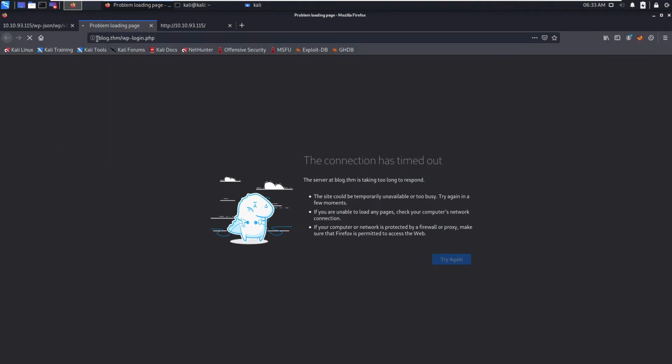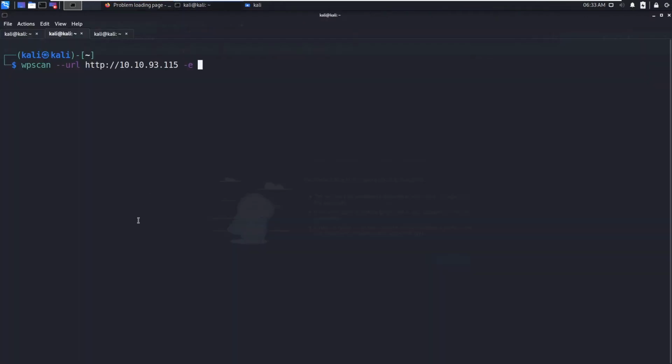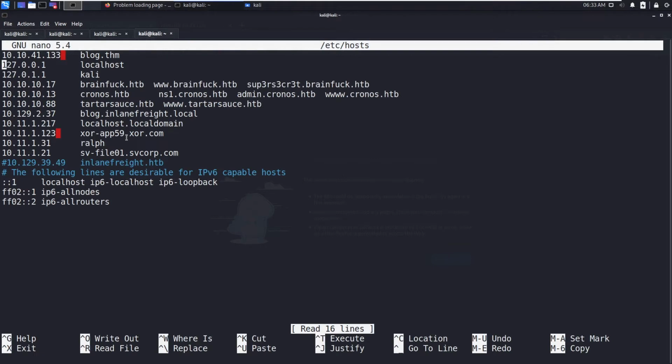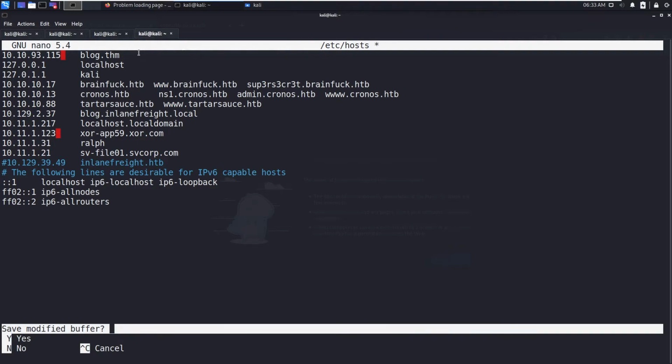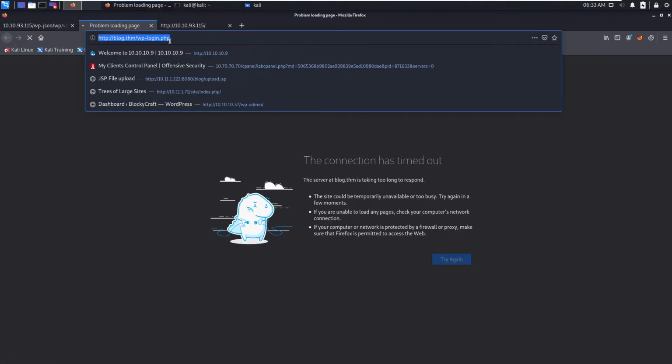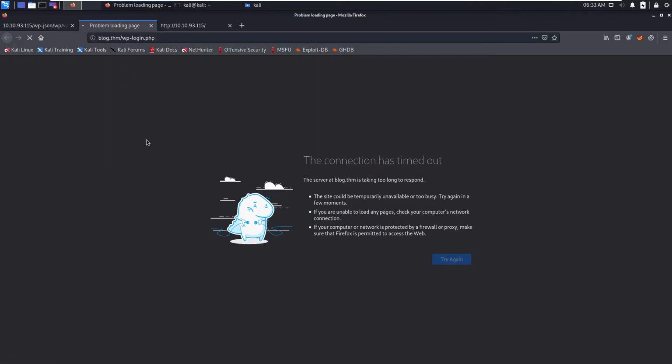blog.thm. So it's redirecting to blog.thm. So you need to edit the hosts file. In TryHackMe, every time you start a machine, the IP changes. It's not a static IP. So paste this IP address followed by blog.thm. Now save this. Now if you refresh this, you should see.